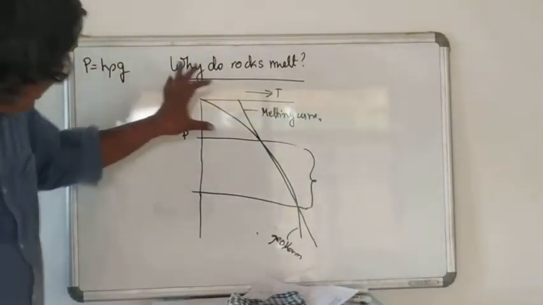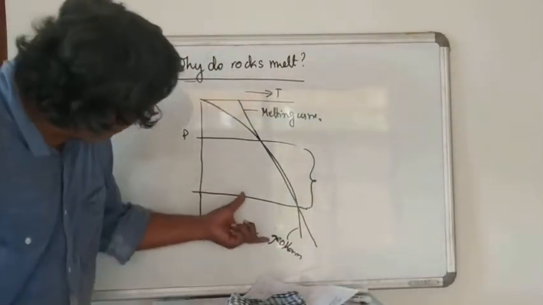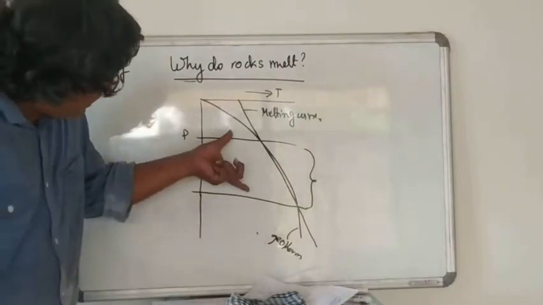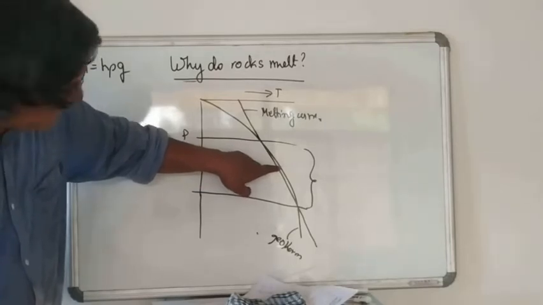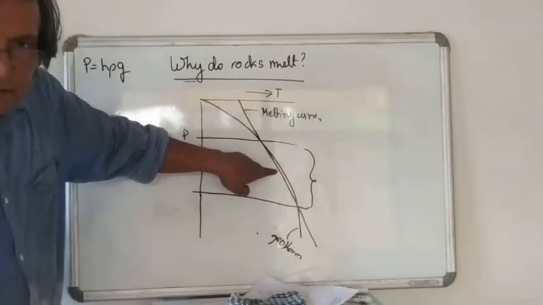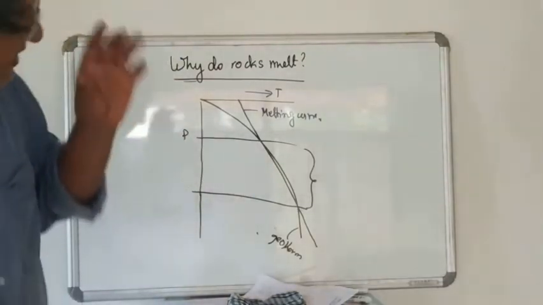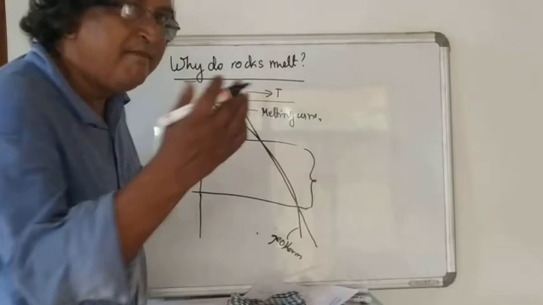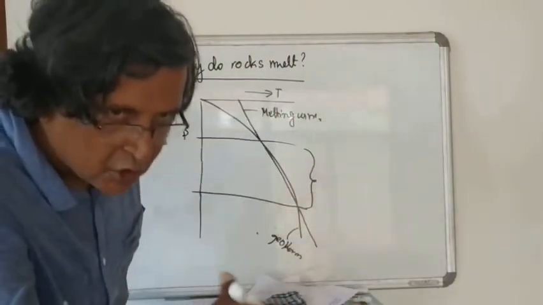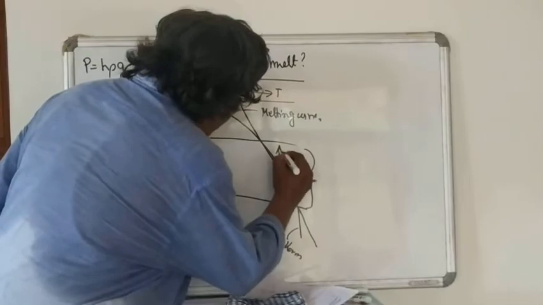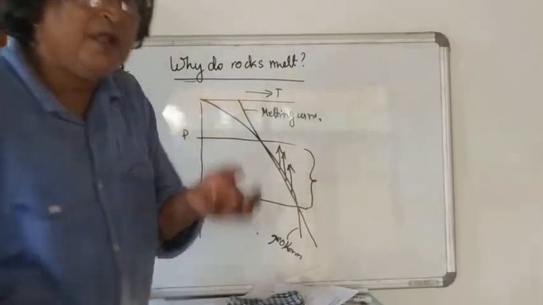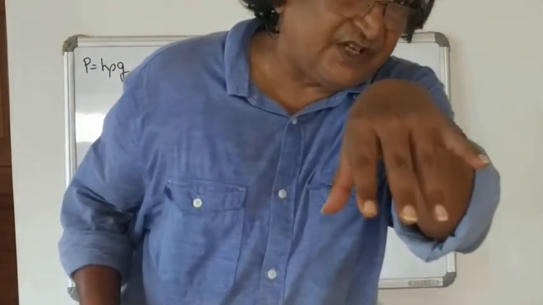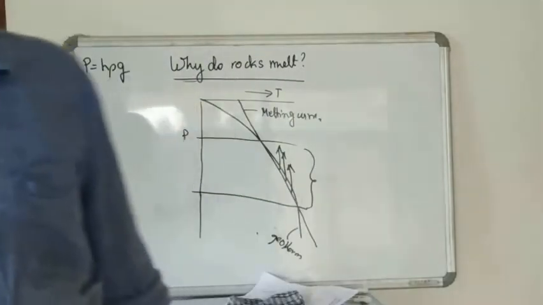So essentially, have you understood? Above this, no melting. Below this line, no melting. But between these two lines, the geotherm occurs at a higher temperature at any depth than the melting point, so it triggers melting. And when you produce the melts, being lighter than the rock, they would tend to move up. The melts that you produce, because they have lower densities, would start migrating up.